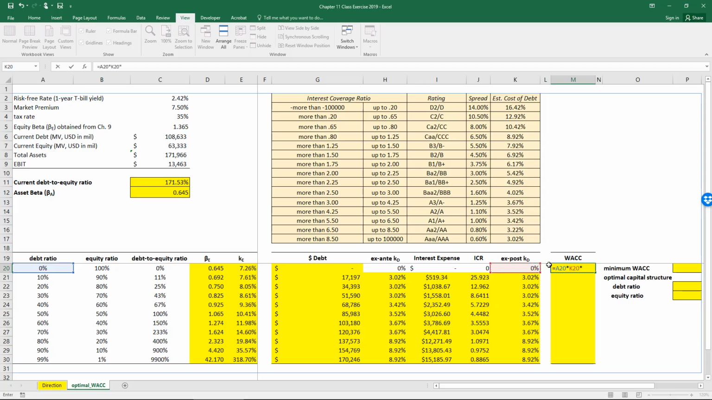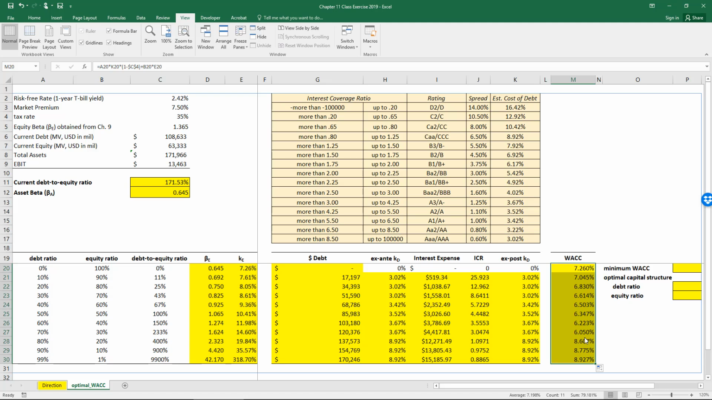And then, of course, you will have to apply this 1 minus tax rate, right? Remember that your tax rate has to be locked. And then add that to equity ratio times cost of equity. Okay. And then make sure you are copying the same formula throughout. And then you're done. So you will see that weighted average cost of capital would be different across different debt